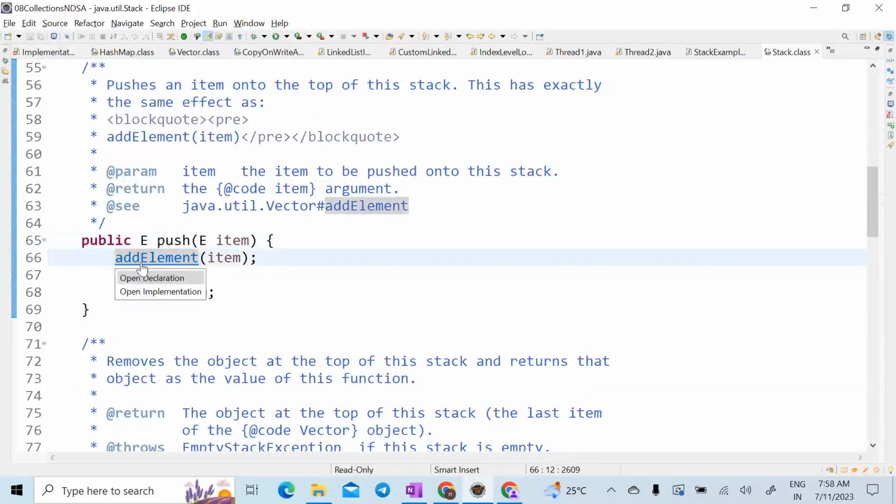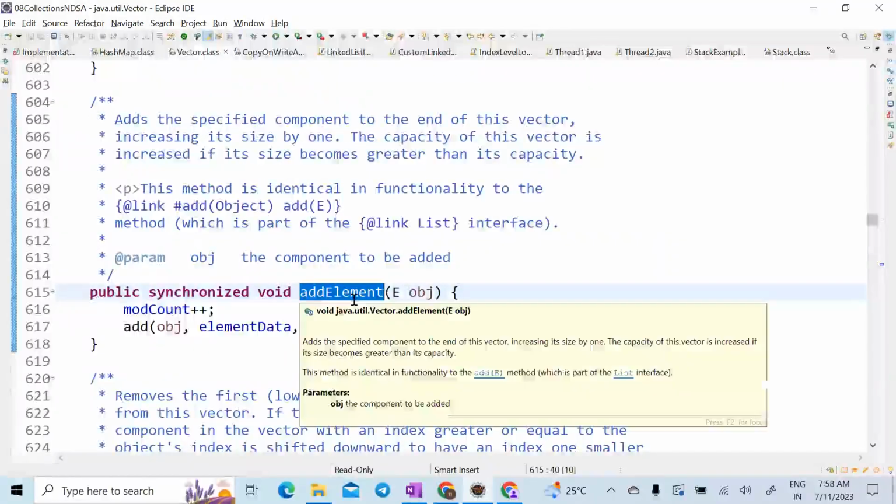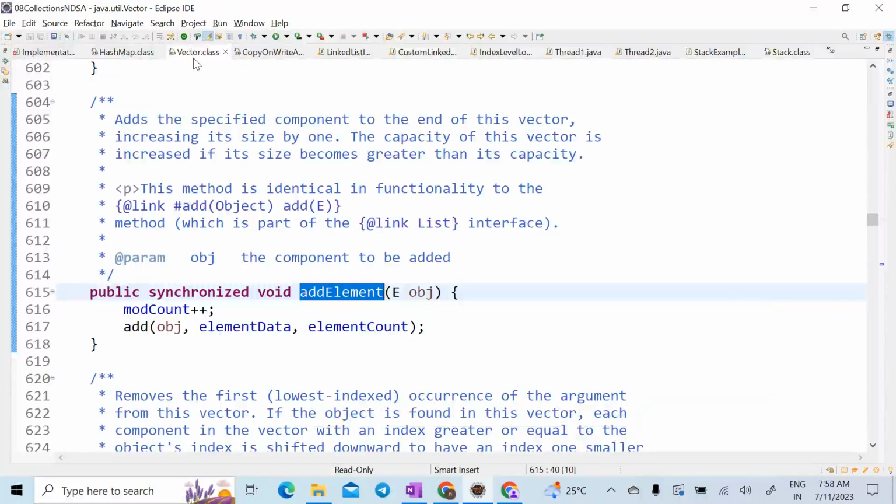Let's go here. Add element. In which class is the add element method they are calling? Vector class, correct? So the push method internally calls the add method only. If you look at the add method,